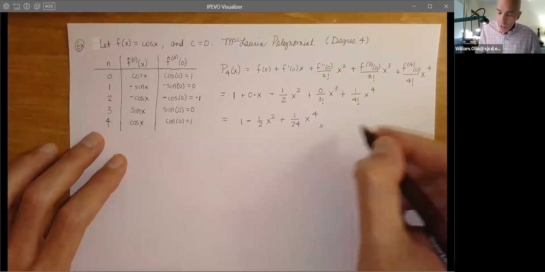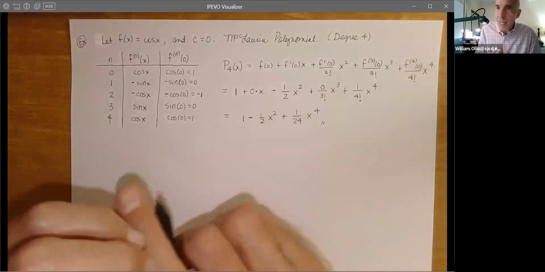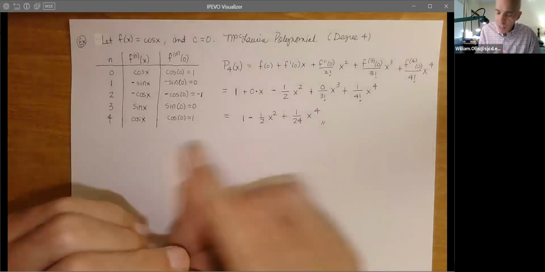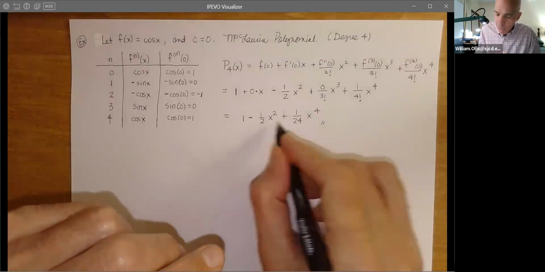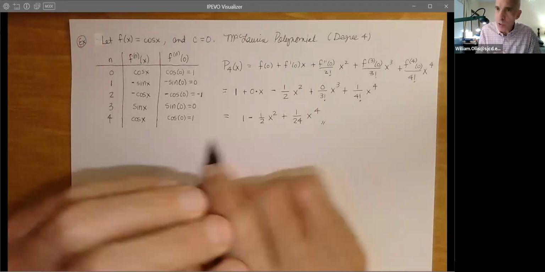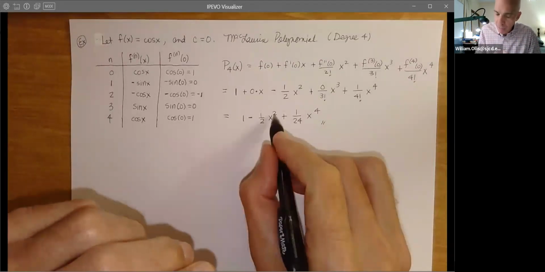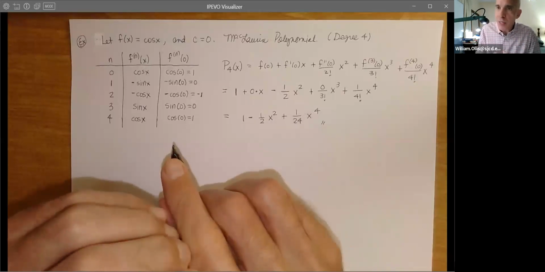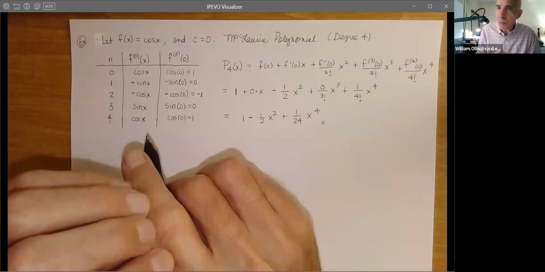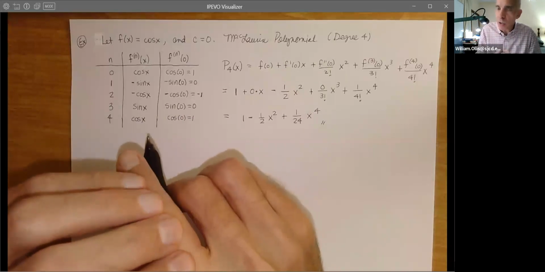So the idea here is that you're thinking, well, we can just generate an infinite series from this, and we see the pattern. This is just, you know, we can figure out a way to write this and be done with this. This is just factorials of even integers and even power. So we're thinking, can we extend this to an infinite series and then replace sine with an infinite series or cosine?